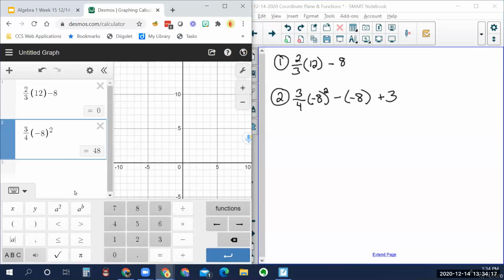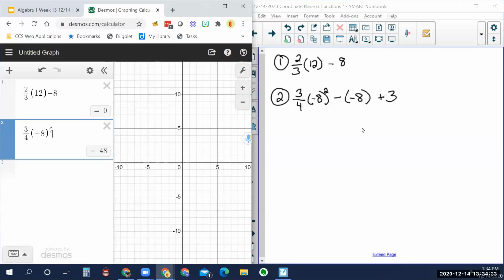So either way, whether you choose to use this keyboard, and in some ways this is kind of nice because it's got all the numbers together versus on our Chromebooks, our numbers are clear across that top row. Sometimes that doesn't feel very convenient to me. Anyway, I'm going to hide this keyboard again, and I am now on a subtraction sign,